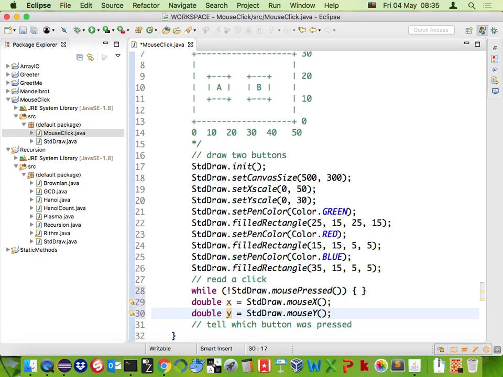I wait in a while loop until the mouse is pressed, and as soon as it's pressed, I get the x coordinate and the y coordinate. So this will be some value from 0 to 50 for the x, and from 0 to 30 for the y. And all I'm going to say is if y is more than or equal to 10 and less than or equal to 20,